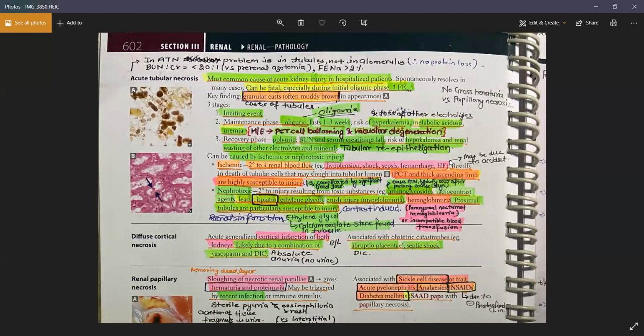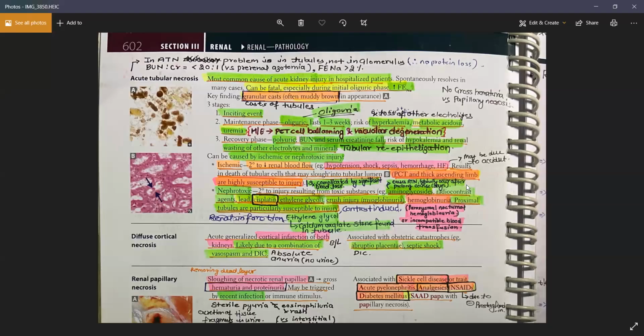So any cause of prerenal, I told you, whenever you have a prerenal azotemia, if it becomes severe, it can lead to a necrosis of the kidney, remember? And because of that, you can also have intrinsic renal failure. So all of them can cause intrinsic renal failure. So these are the inciting events. Similarly, nephrotoxic events, for example, the aminoglycosides, I told you these are nephrotoxic antibacterial drugs.